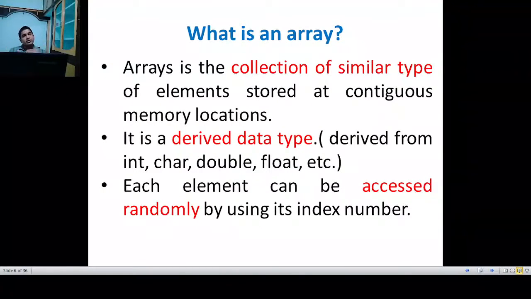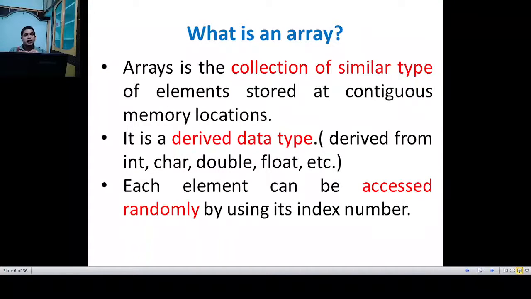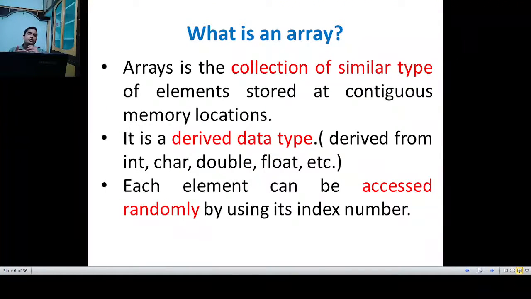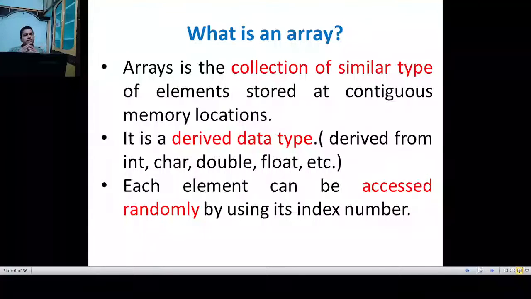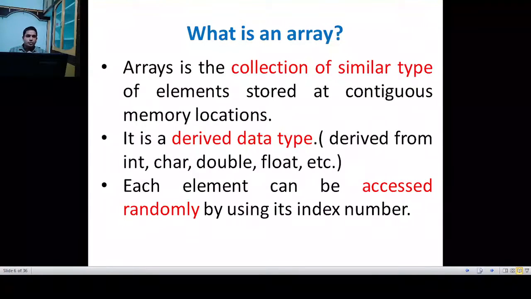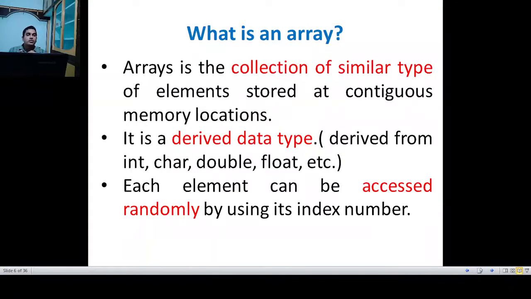So you need to specify 100 different names for these 100 variables. It's a very tedious task. To simplify this, you can use one array with 100 elements, or with size 100, so that with a single name you can specify 100 variables in an array, and it can also store 100 marks.